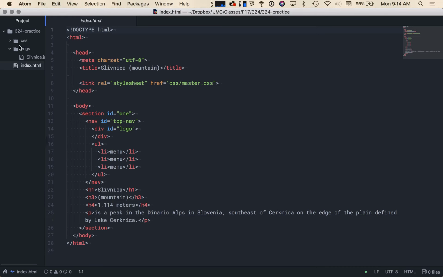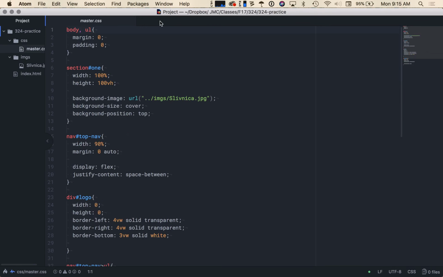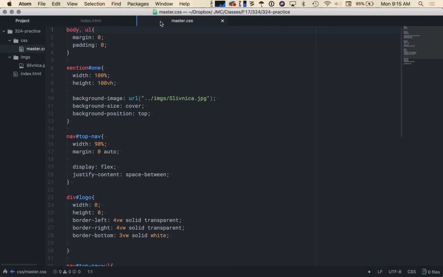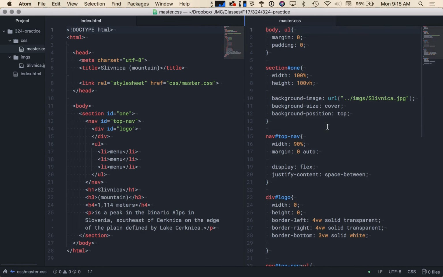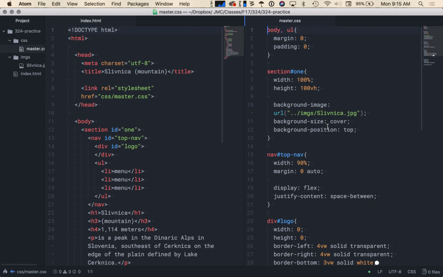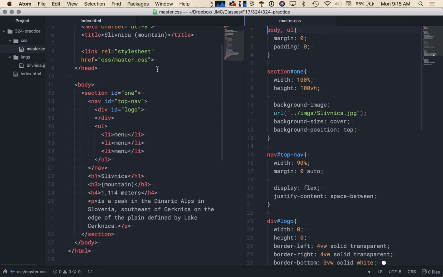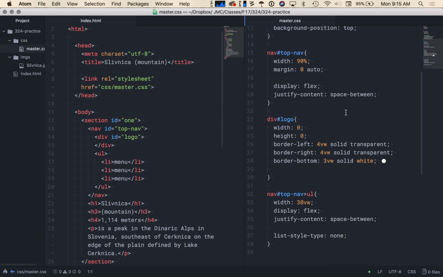Okay, like I said before, I like to work with my CSS and my HTML open side by side. It's definitely the way I recommend you work. Everybody see that okay? Can you guys in the back see that okay? Yeah? All right. Generally what I want you to do is lay out a bunch of HTML first and then